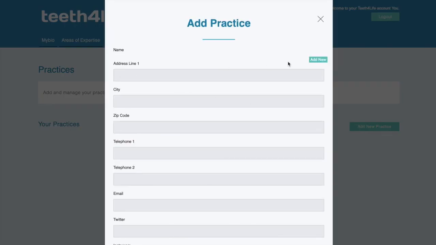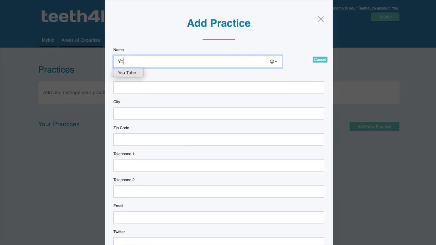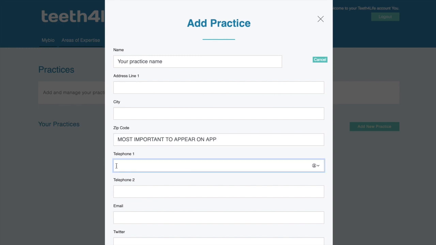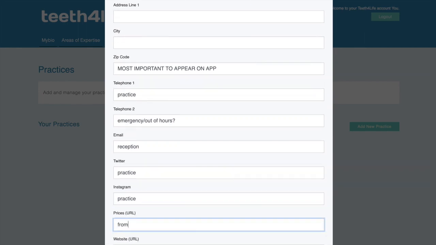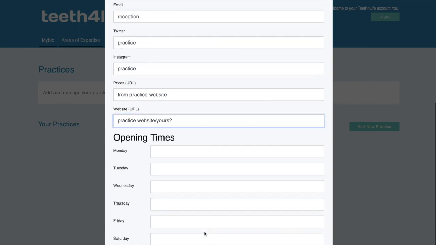Once you've submitted your biography update, you then move on to practices, and then just add your practice details. It's important that you put the zip code in, your postcode, because that's how you'll be identified through the dental app itself by a user putting in your postcode. Add the practice phone numbers, the practice reception email address, and any of the practice social media all go in